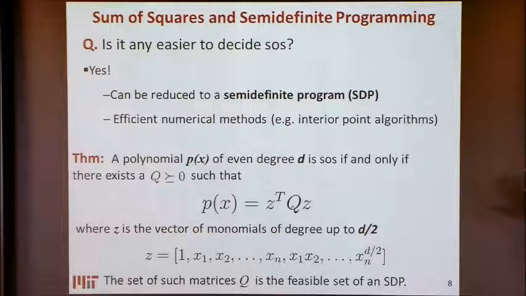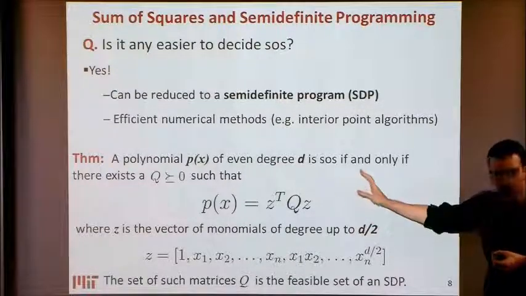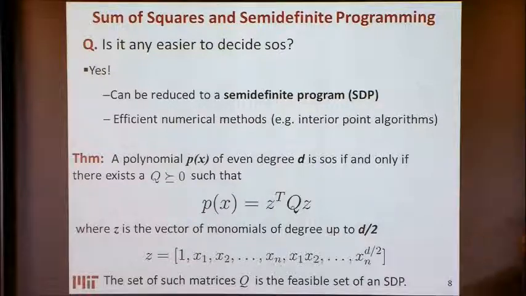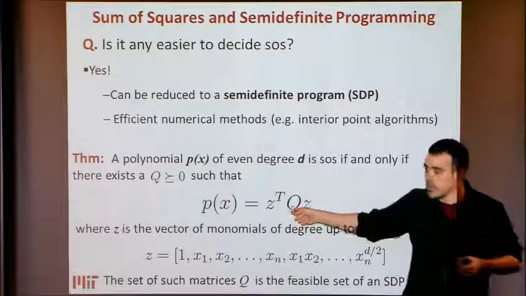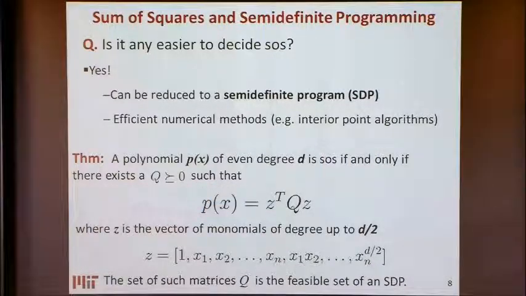So it's clear. Again, the main point: if you hand me a polynomial and you ask me is it a sum of squares or not, I'll write this semi-definite program. I won't write it. I'll tell my computer to write this semi-definite program to solve it. It will tell me yes or no. And if it is, it will give me a certificate, a matrix Q that I can verify. If it's not true, it will give me a certificate that this polynomial is not a sum of squares. And we'll talk later about what these kind of things are called. Good.